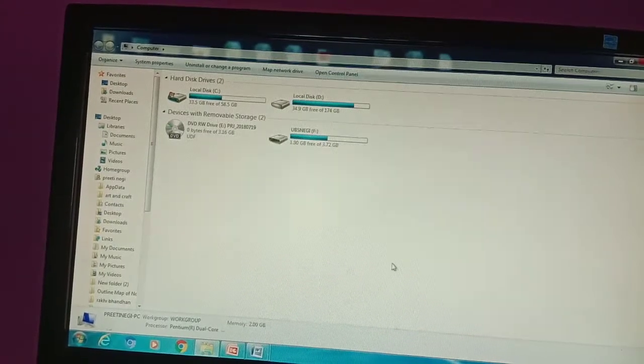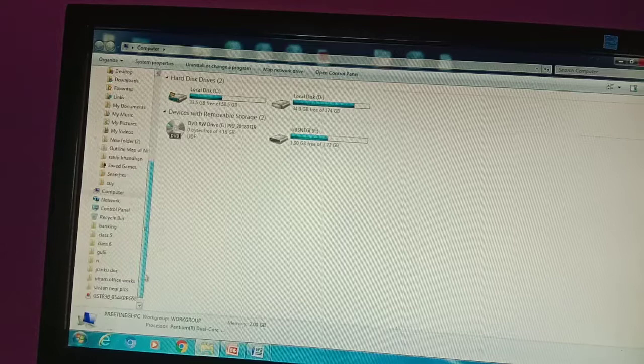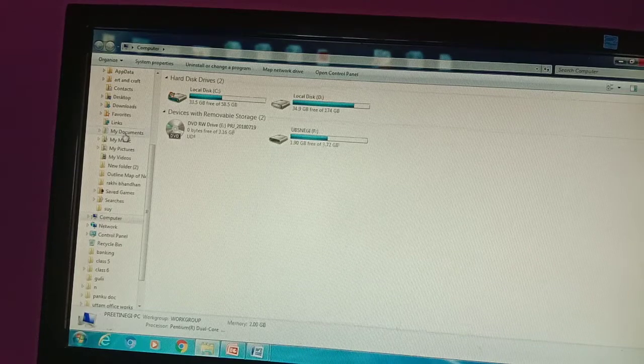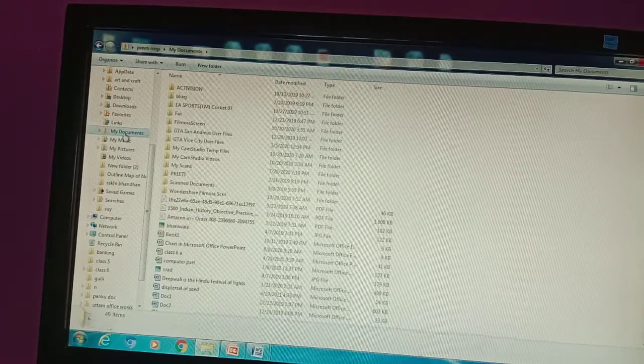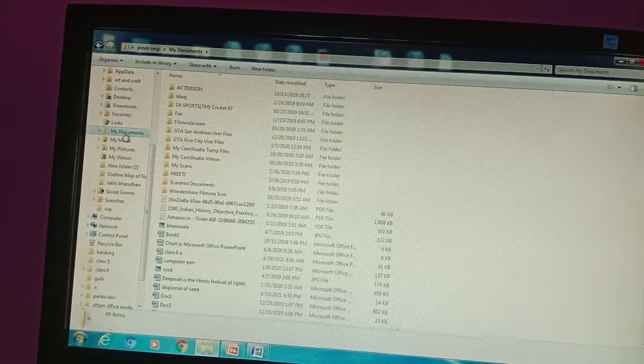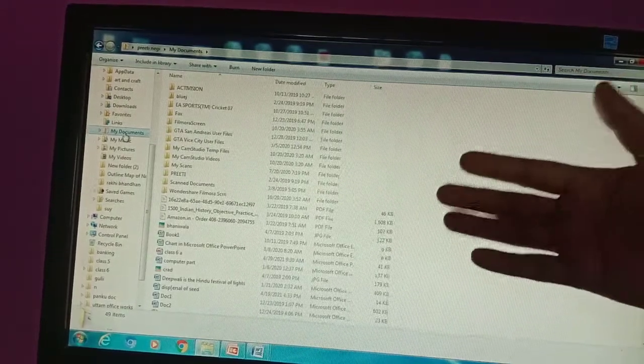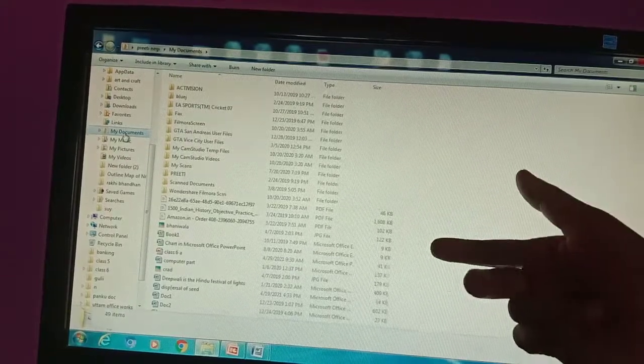For example, here you can navigate your folders and drives. Say I want to open a My Documents folder. As I click on the My Documents folder, all the objects present in it will come in front of you in this window. So that's why it is called the detail pane.